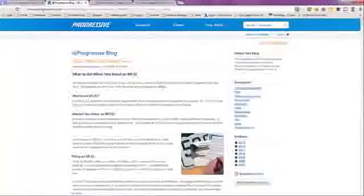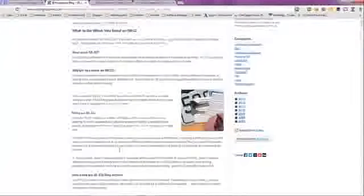Look at Progressive here, the Progressive blog, and it tells you right here what an SR22 is. An SR22 is a statement of financial responsibility that certain people are required to provide. An SR22 is proof that you have the proper amount of insurance that your state has required you to have. And then it'll go on to tell you why you may need an SR22, how to file for an SR22,